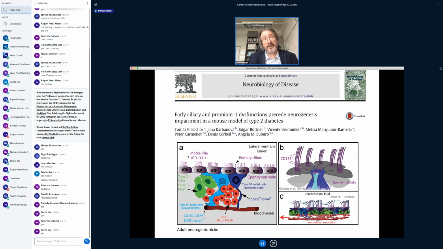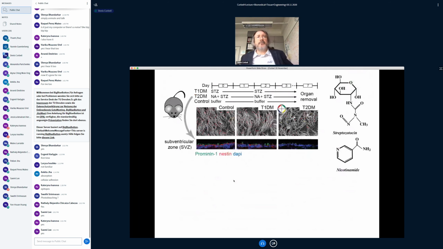And this movement can also affect the migration of the neurons. When we talk about the mice here, it's very important that you can have movement of the neurons from the brain to the nodes. That's a very nice system to study. And to see if prominin has an impact on this structure in diabetes, we created two models, type 1 diabetes and type 2, and these are created by two drugs, as you can see here. If we put only one drug